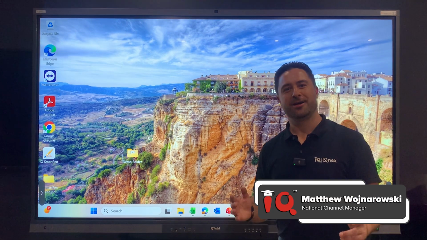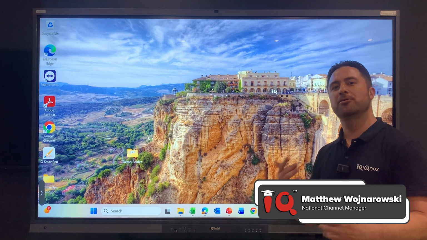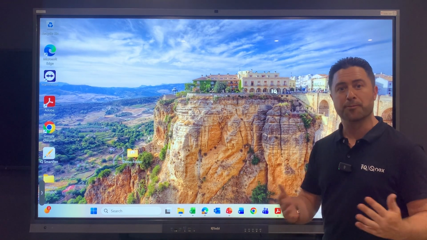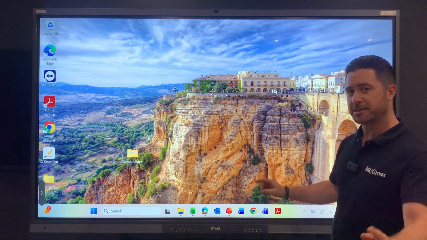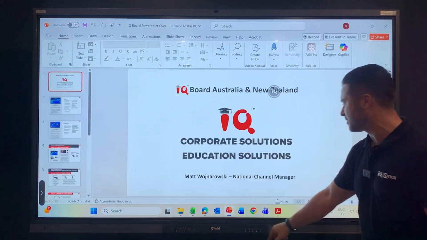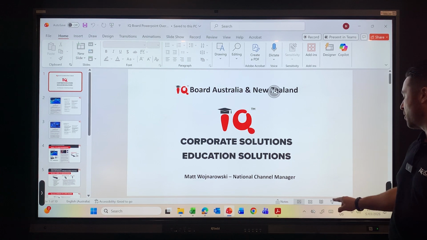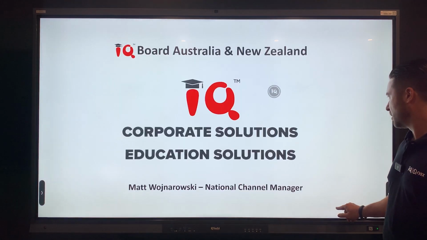So we're going to show you how to access PowerPoint and some of the cool features you can do in elevating your presentation when driving a PowerPoint through the IQ touchscreen. Let's get amongst it. If we access a PowerPoint session here and we go into slideshow mode, now you're not